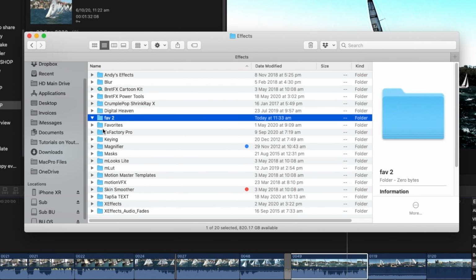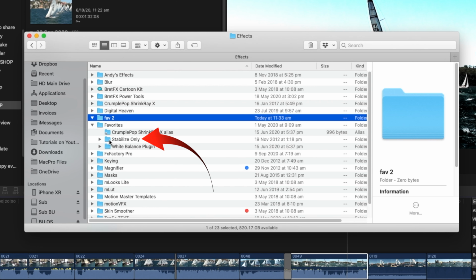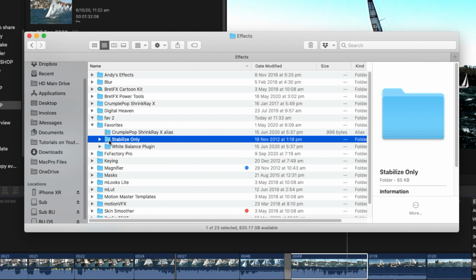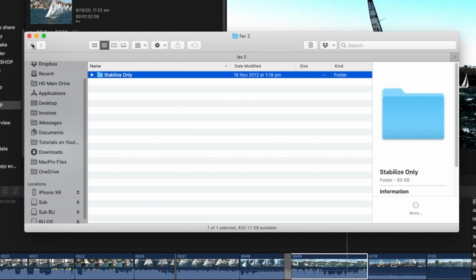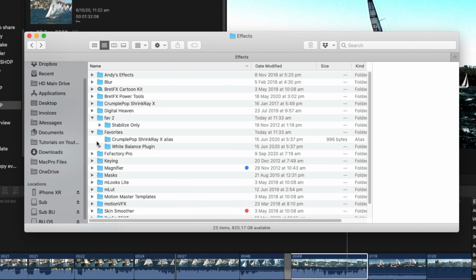And if we look in it, it's got nothing in it. But should we want to put the Stabilize Only effect in there, we can drag that into the Favorites 2 folder. And then if we go back to Favorites, you'll see that it's been moved.